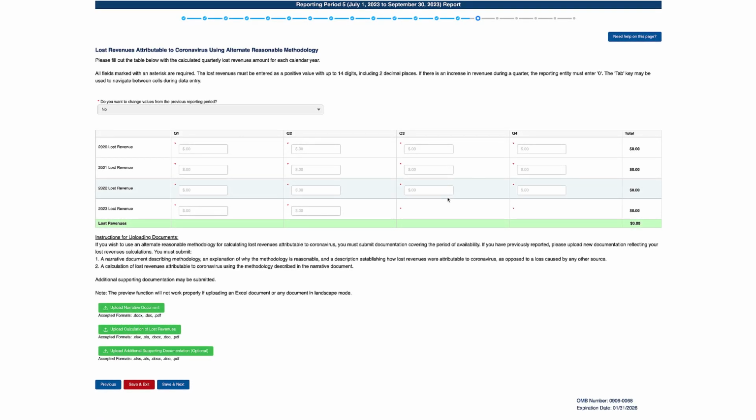The third and final option for calculating lost revenues is to use an alternate reasonable methodology. HRSA has not defined this methodology, and it will be up to you to enter the quarterly lost revenues by quarter for the entire period of availability. Whether you are using this method for the first time or reusing it from a previous reporting period, you must